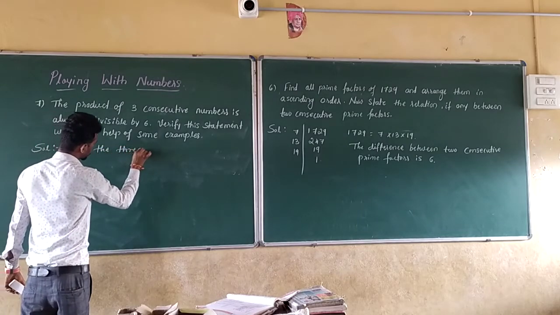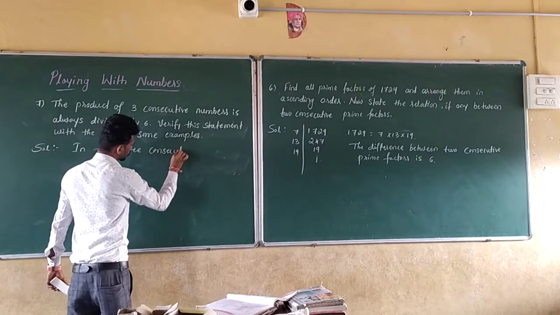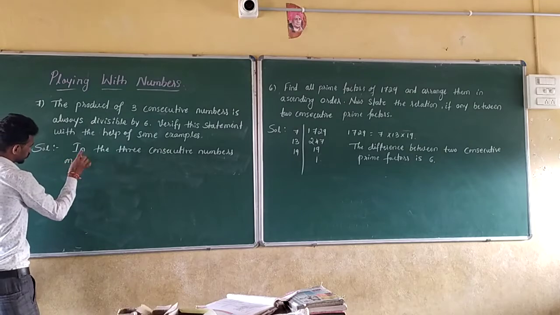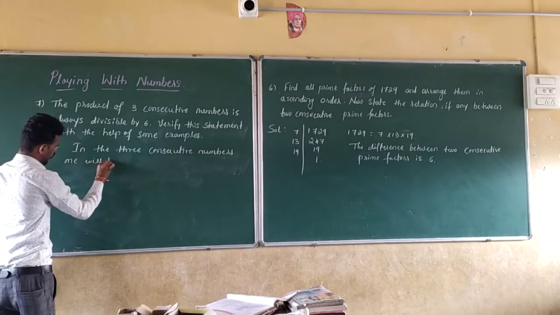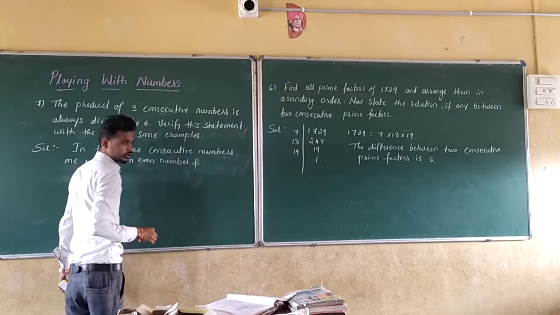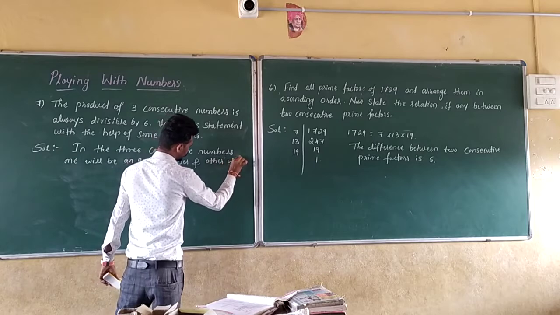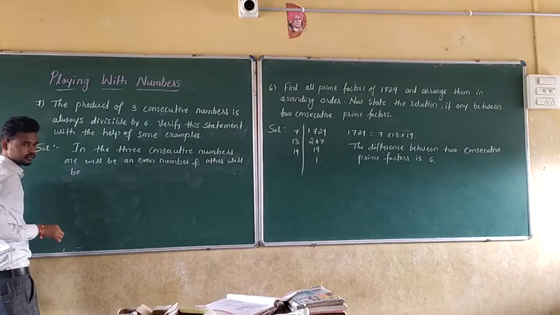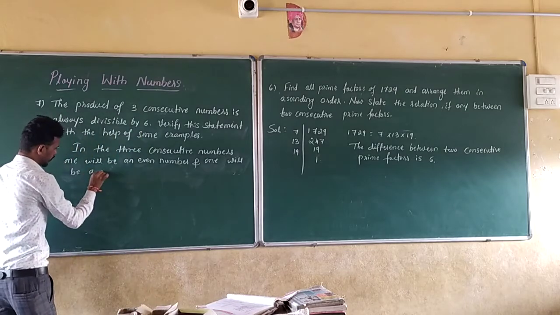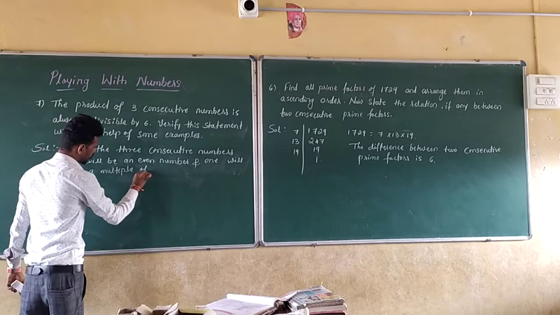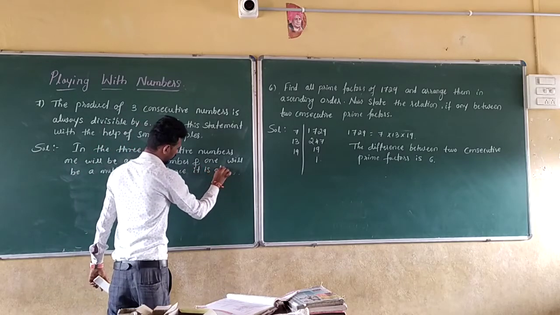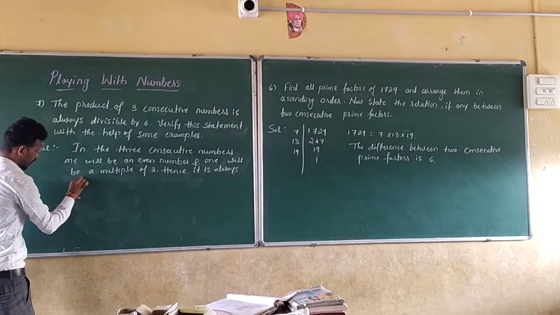So what we can write is this: in the three consecutive numbers, one will be an even number and one will be a multiple of 3. Hence, it is always divisible by